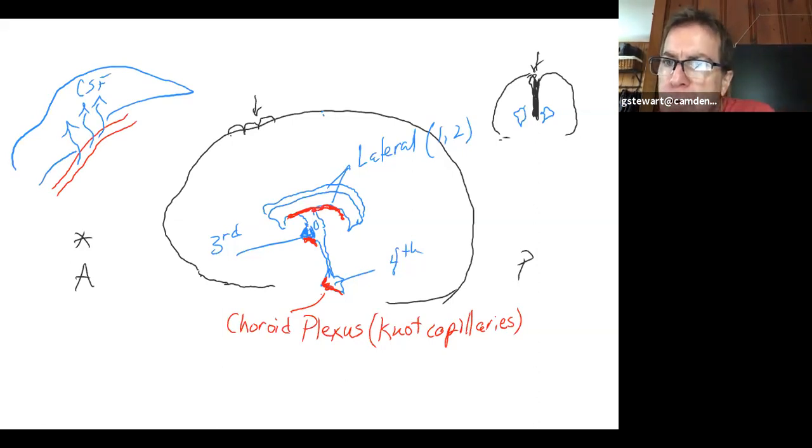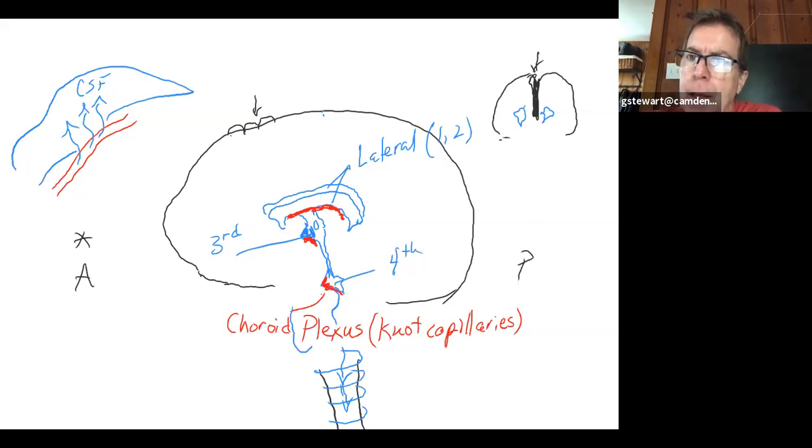Then that cerebrospinal fluid circulates throughout all four ventricles, and it circulates down through the center of the spinal cord, down through the brain stem and the spinal cord, and then it makes its way up. I'm going to draw the spinal cord here. So it makes its way down through the center of that, and then it exits the spinal cord and sort of bathes around the outer surface of it and tends to circulate back up, and it also circulates this fluid